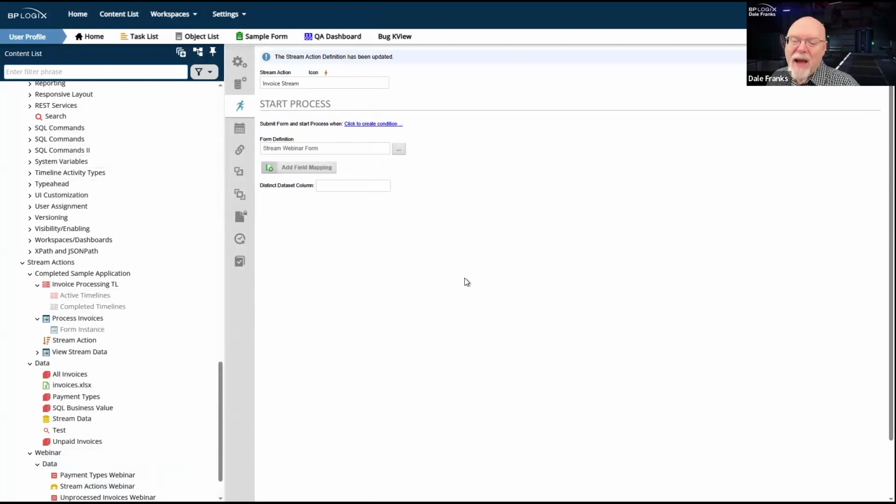I have a condition that I can set for when I want to submit the form and start the process. This is just for your benefit in case you have this set of data that you're going to pull.